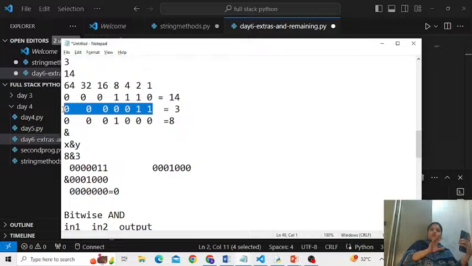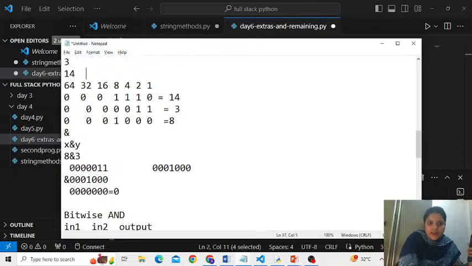I just take XOR of that number with 1. Like if there is 10, 14, let's take 14. Whether 14 is even or odd, instead of dividing by 2 and checking whether the remainder is 0 or not, I just XOR this number. My friend, I just XOR this number by 1.